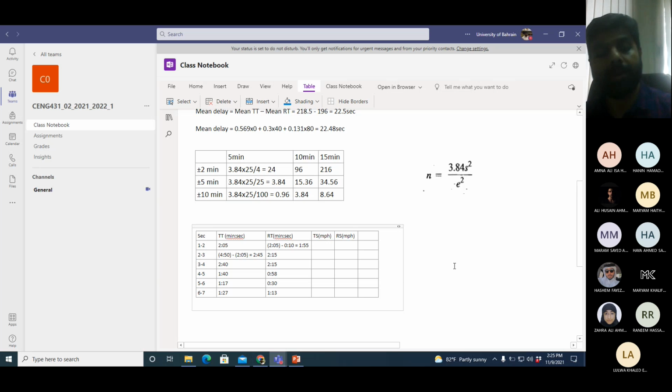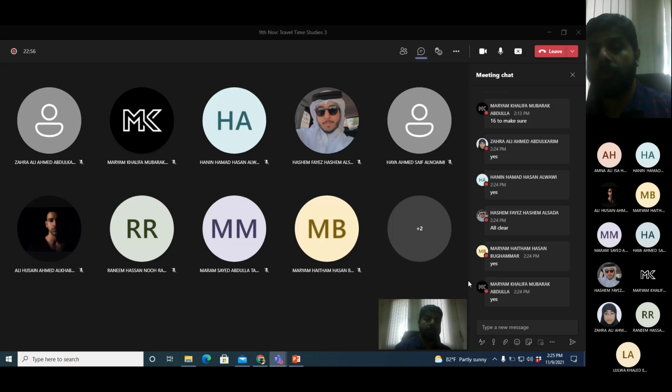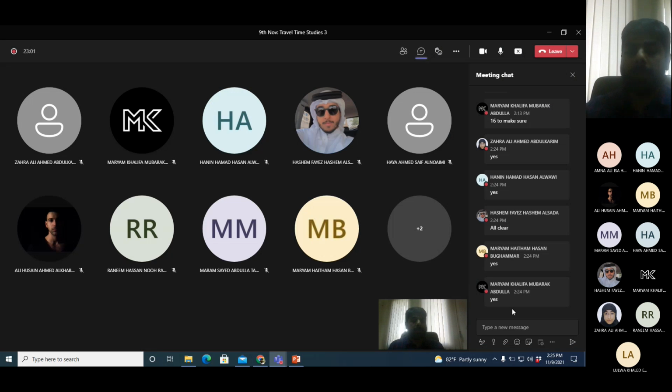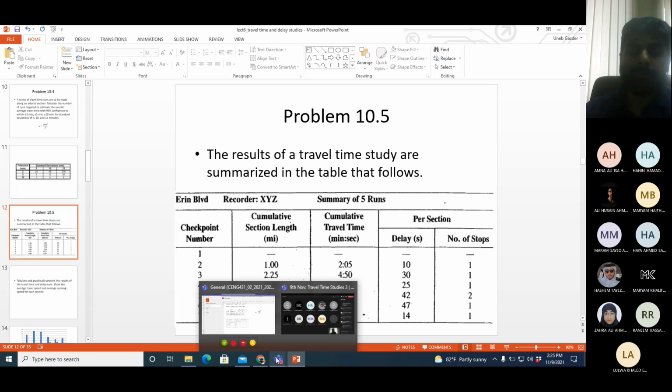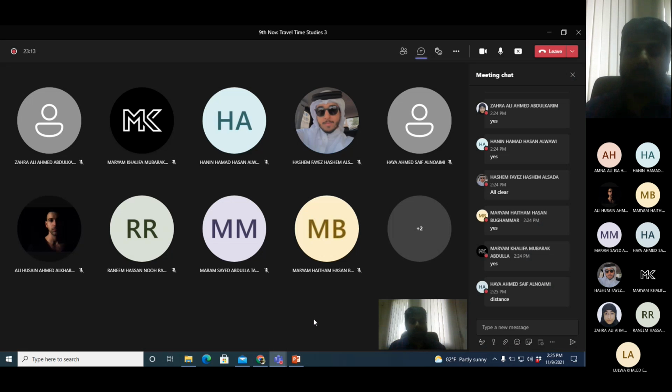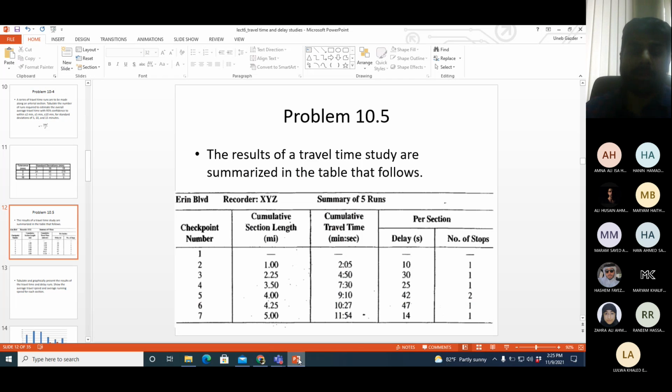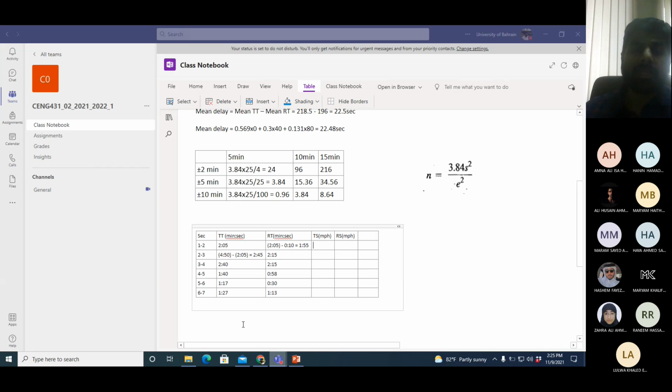I have travel time and I need what? What else do I need? If I want to calculate travel speed, how would I calculate the speed in this case? Distance, yeah. So I need the distance for each section now.